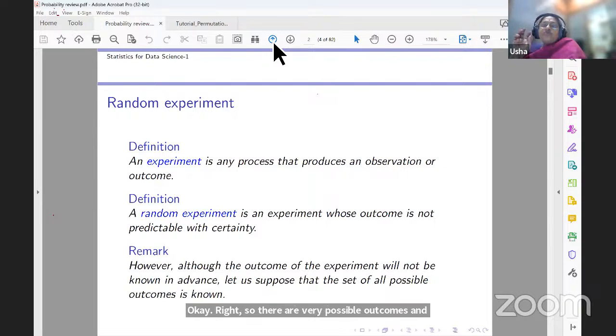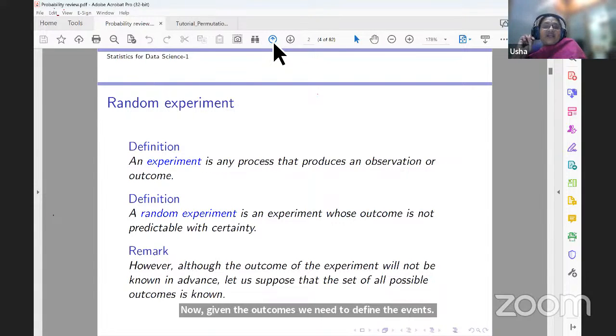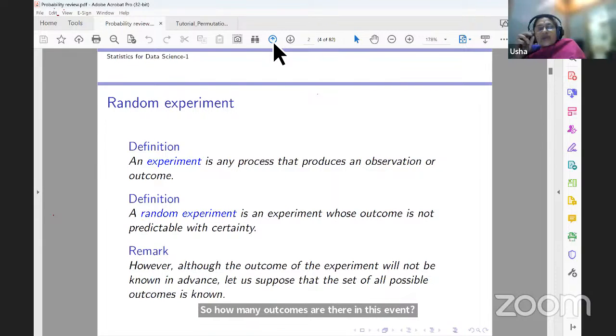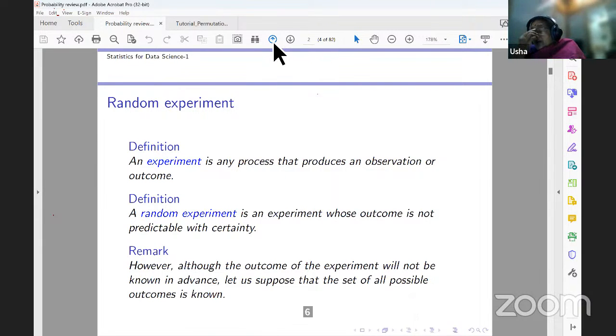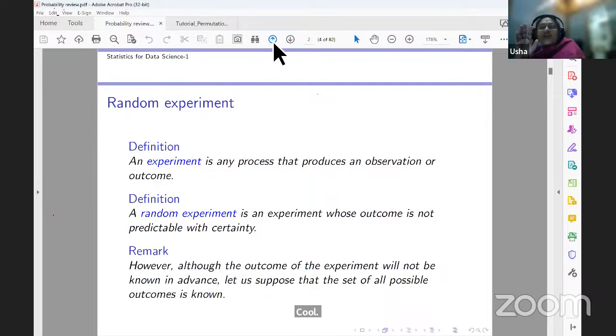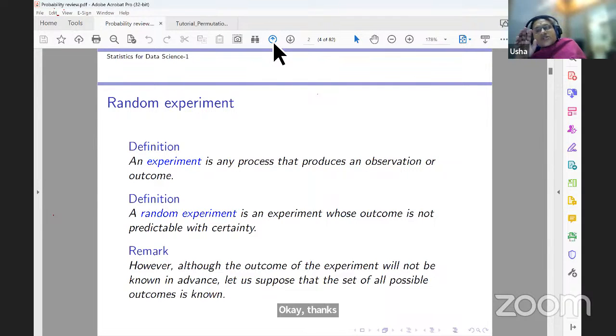Now, given the outcomes, we need to define the events. Suppose I define an event to be that a head appears in my first toss. So how many outcomes are there in this event? I am tossing a coin once and rolling a die, so 6 outcomes: H1, H2 up to H6. Similarly, a tail in the first toss